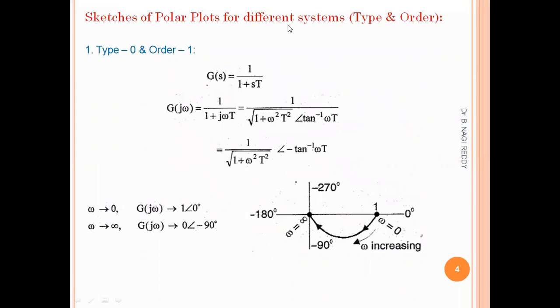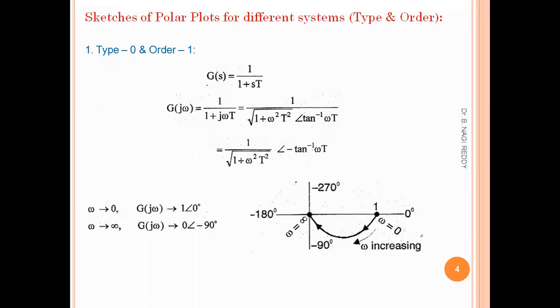Sketches of polar plots for different systems. Based on the type and order of the system, we can see the basic graphs of the polar plot. So based on the type and order of the system, the polar graph will change its direction and its shape. How it can be done, and how we can generally draw the polar graph, will be discussed in